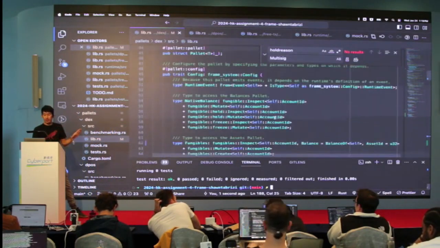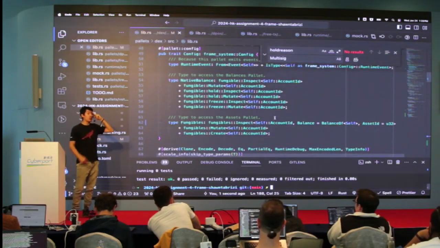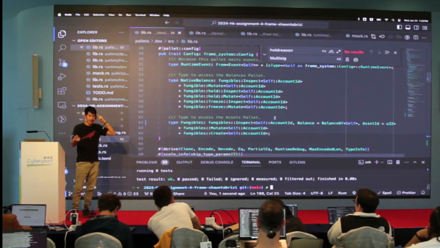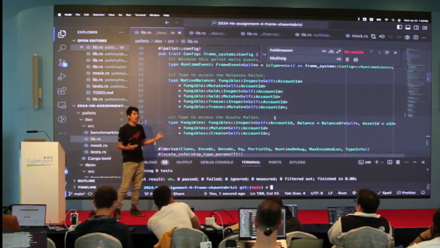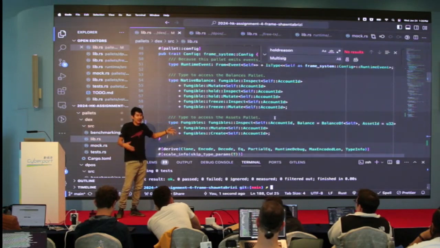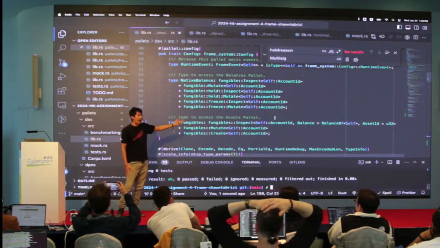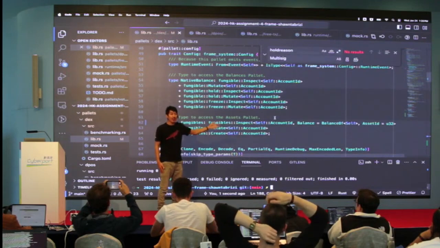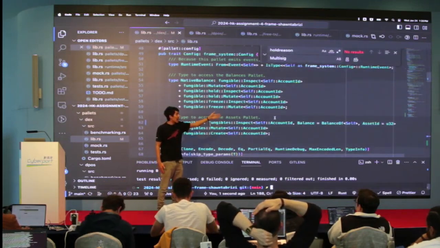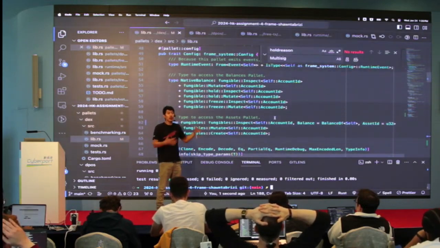Now, this is okay. If you want to use this, it's okay. The first important step is that you understand how to use this, that it makes sense to you, right? And second is that you should know that in the long term, this is a shortcut. This is kind of compromising how generic you can make your pallets be. Because if someone wants to use your pallet where the asset ID isn't a U32, it could be an enum or a string or something else, then your pallet is incompatible, right? So you're kind of putting walls around your system. But for the sake of you all building your pallet successfully, this is okay.